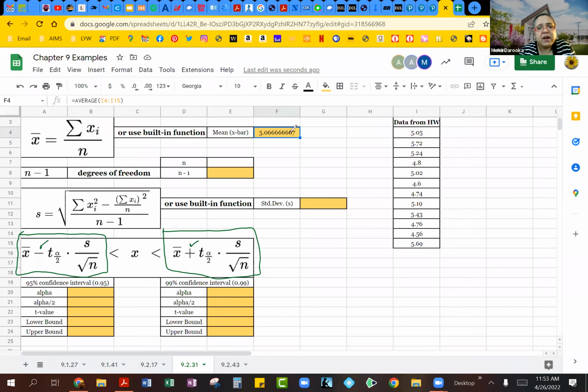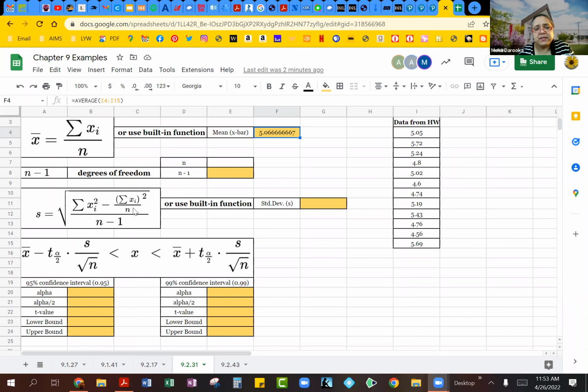So we already have our X bar. We already calculated that. We are going to need to calculate now, instead of a z-score, we are actually doing a t distribution over here. So you have a t sub alpha over 2. We will need to calculate our S value. And of course, we already know N is going to be 12. So the 2 numbers that we need to calculate are the t sub alpha divided by 2 and the S value, which is going to be your standard deviation.